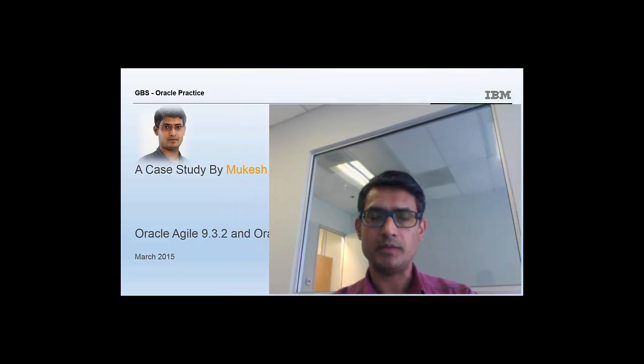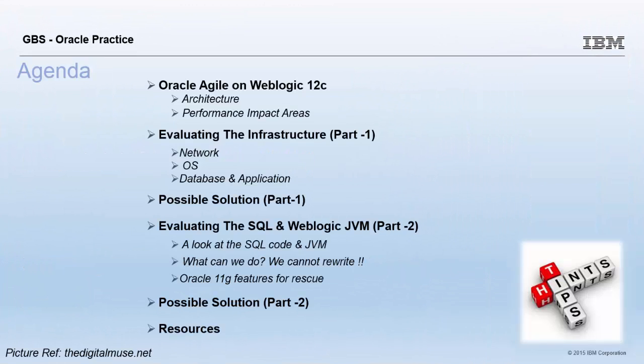Today I'm going to talk about Oracle Agile 9.3.2 and the problem and the challenges. Let's begin with a case study. This case study consists of two problems. One is infrastructure and database related, and in part two, we will talk about the database, WebLogic server, and Agile as a whole, how the problem and their